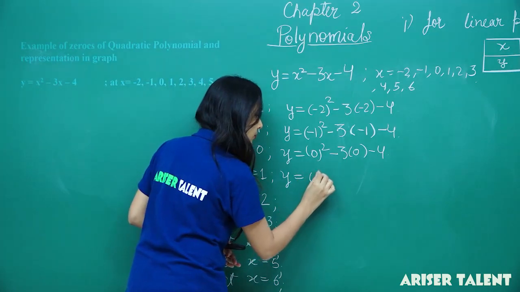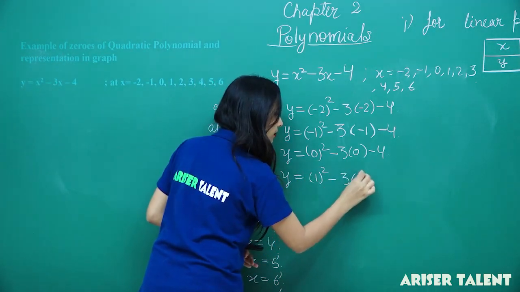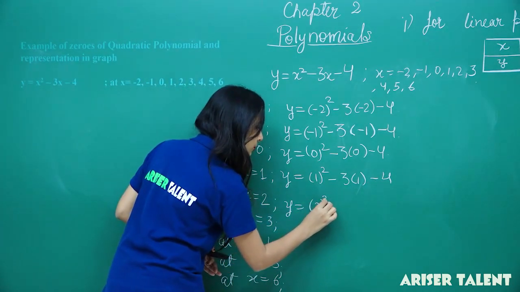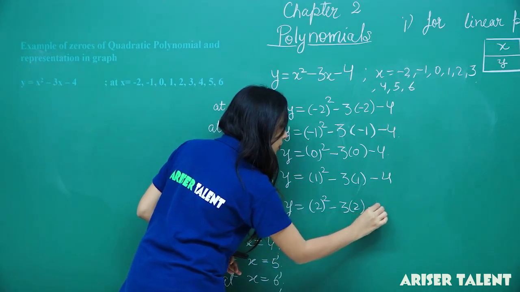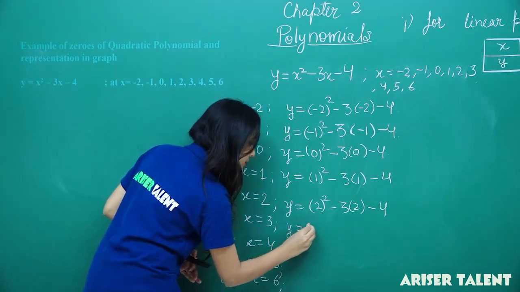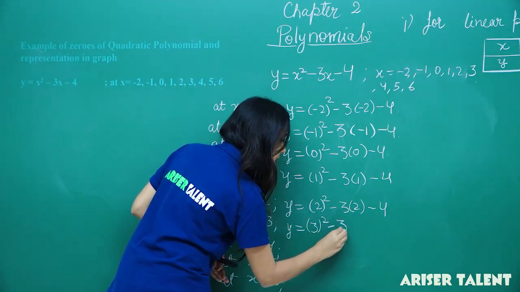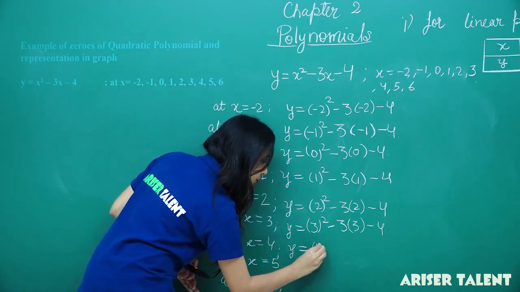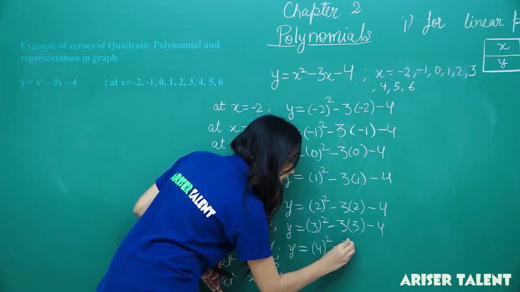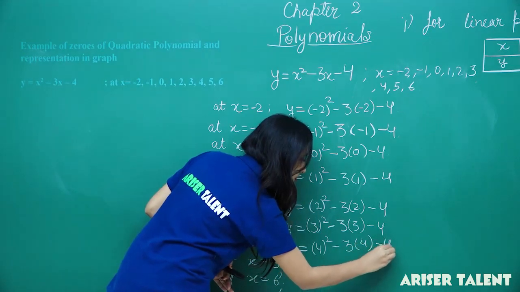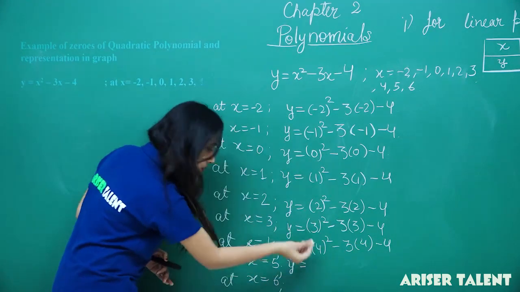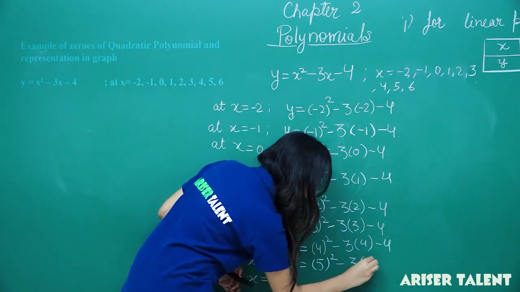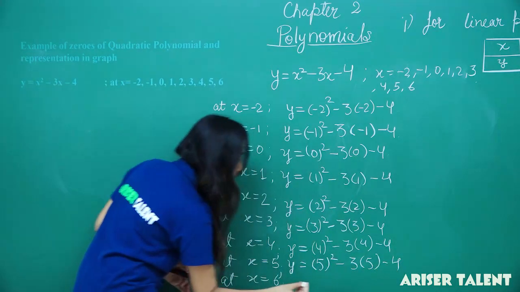Then y equals 1 whole square minus 3 multiplied by 1 minus 4. Then y equals 2 square minus 3 multiplied by 2 minus 4. Then y equals 3 square minus 3 multiplied by 3 minus 4. Like this for 4 also. You are just getting closer and closer. Right. And now for